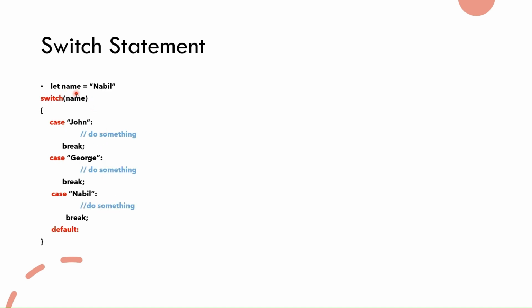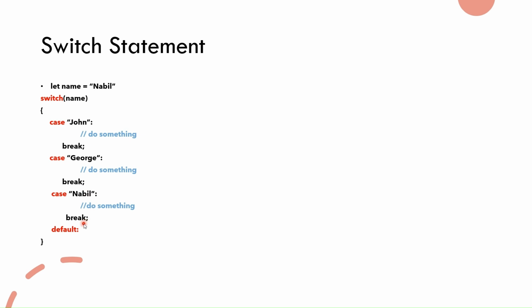Here, let name equal Nabil, then switch name. Case John, do something, break. Case George, do something, break. Case Nabil, do something, break. Then the default. Again, it's a good idea to always put a default, because sometimes you don't know what will happen, so it will execute anyway. In this case Nabil will execute, and break will prevent the default from executing. Again, if you don't put a break here, and the value of name was John, then